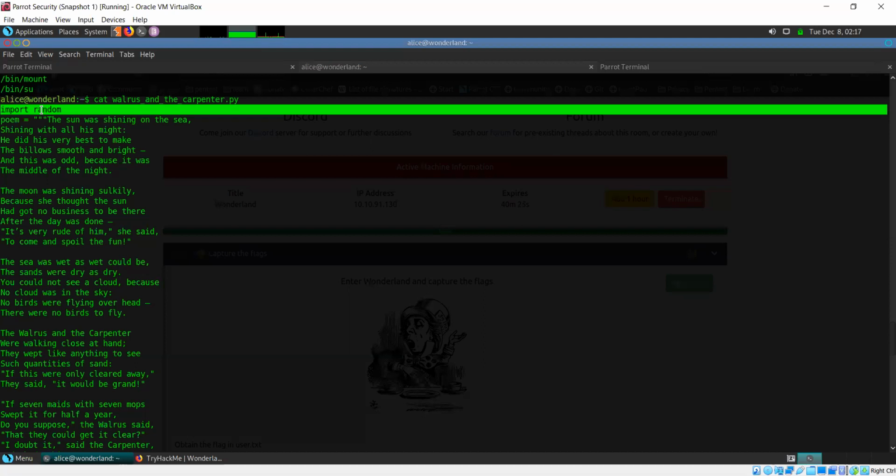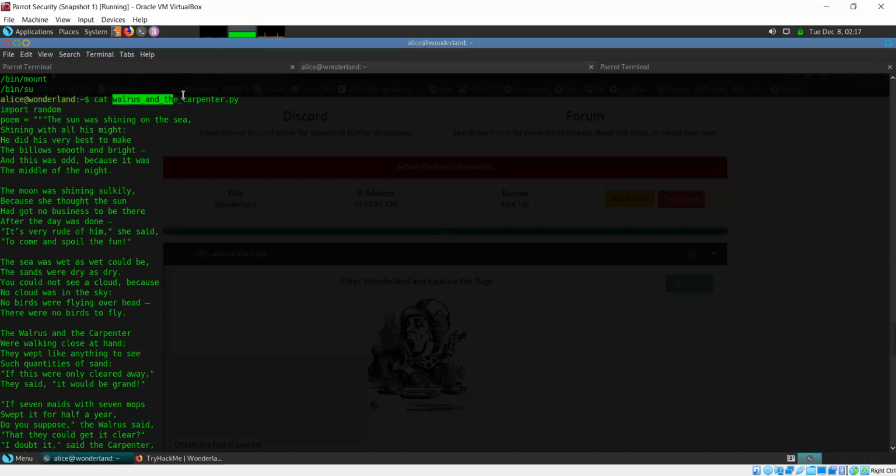Even in that case, I'll be using the same thing, import, and I'll write the name without the extension. So if I want to include this particular program in some other Python program that I make, I would write import Walrus and the carpenter, omitting this .py part.